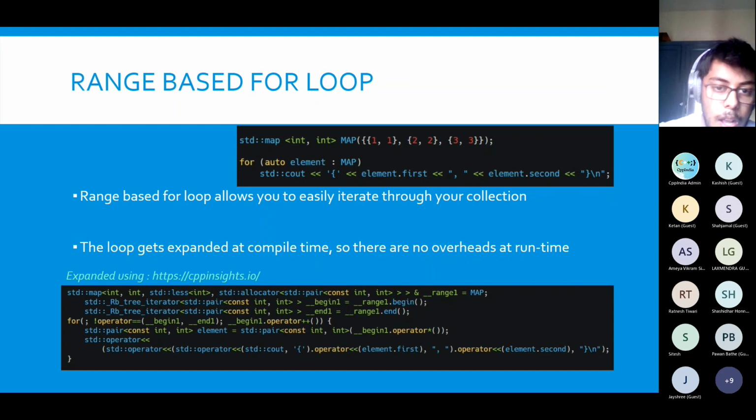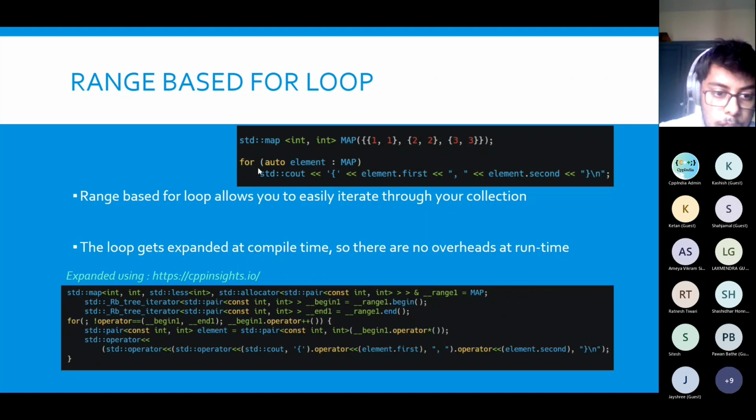The code on the upper side, as you can see, is an example of iteration through a map, and it is very simple code. Otherwise we have to use iterators and check whether it is ending or not. If you are not using auto, then you also have to create a kind of iterator type for the map, and this code will look cumbersome. So with range-based for loop, it looks very short and sweet, right?